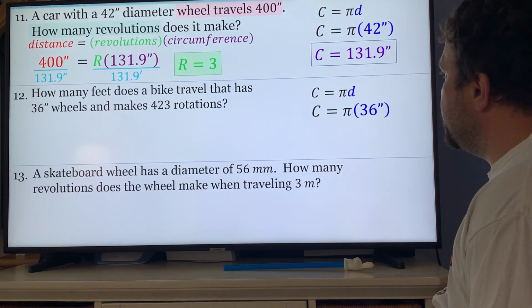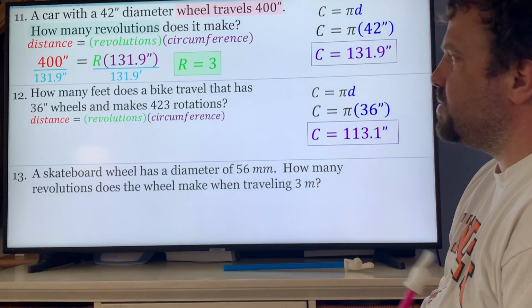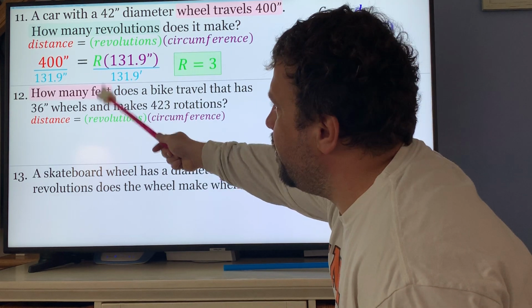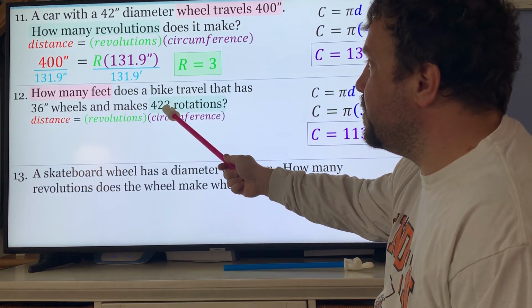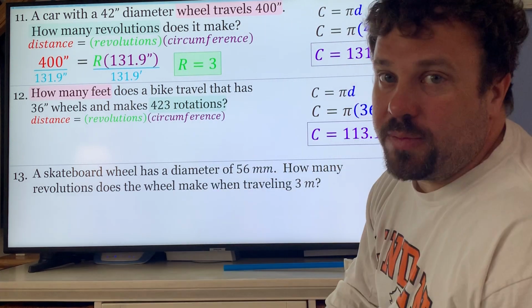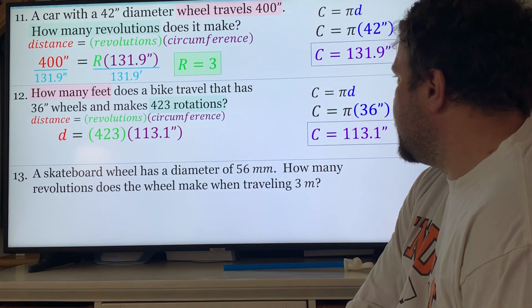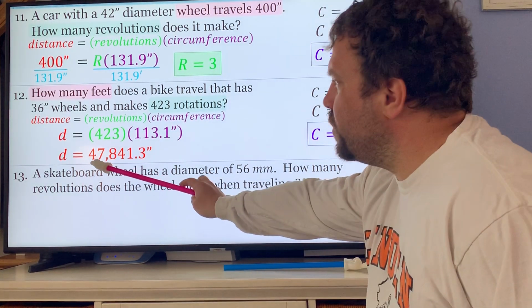So you should have found your diameter, 113.1. Now we have to figure out, we're going to use our distance, revolution, and circumference. In this case, how many feet? So your distance is your x. 423 rotations. Rotation is the same as a revolution. So D equals 423 times 113.1. Multiply the two numbers together, and you get